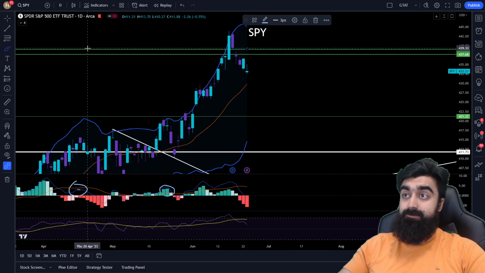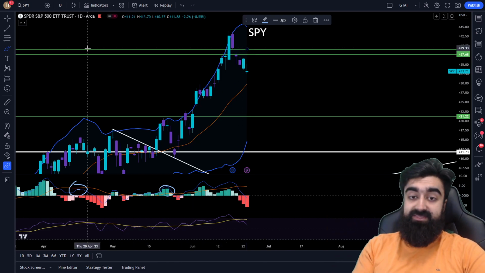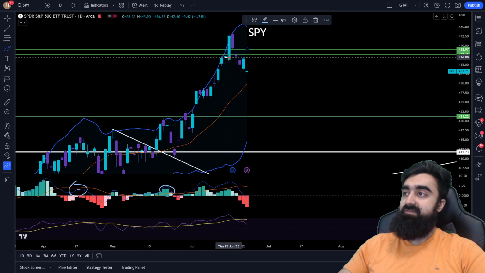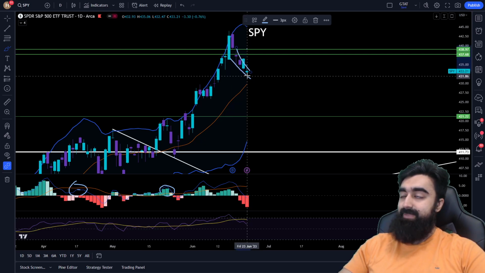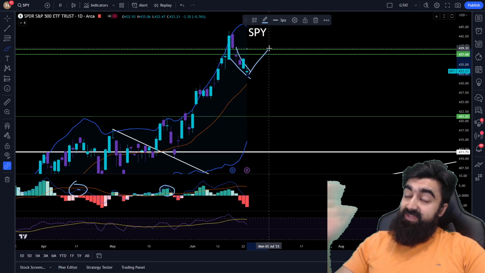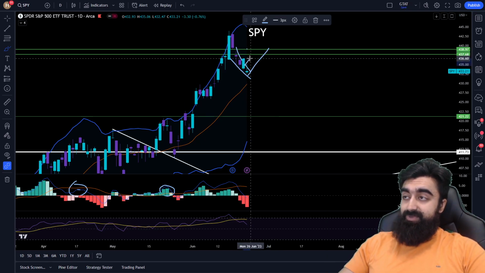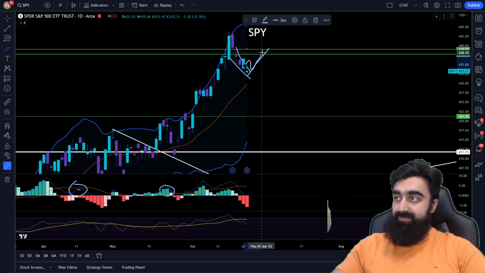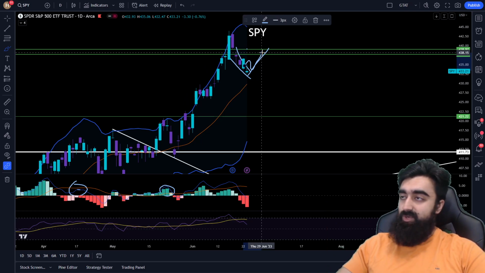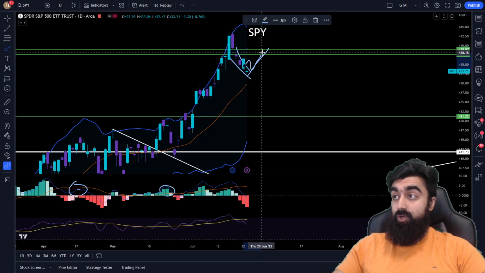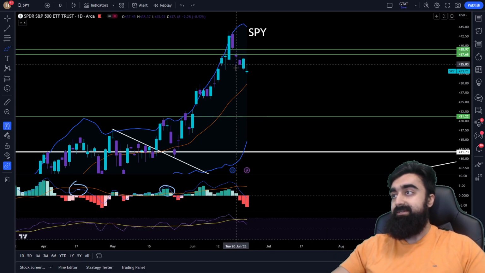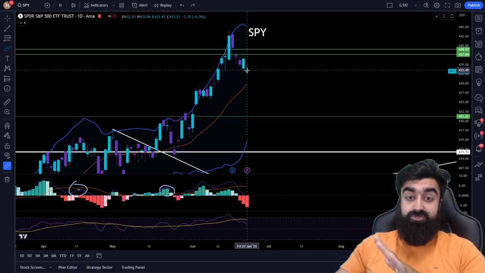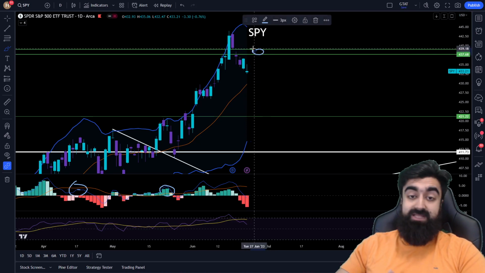Heading into the end of this week, this is obviously a falling wedge, right? We could end up bouncing off of this. We could break out, come back, retest the wedge line, then continue up, right? But then it becomes down here. Once again, do you want to be going short, or would you rather be going long? Especially because we ended up falling lower on Friday. It's going to be interesting. But regardless, I don't want to be short down here. I would rather miss the trade and short up here instead with a stop loss.